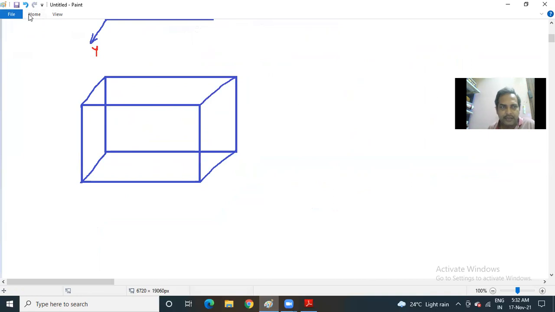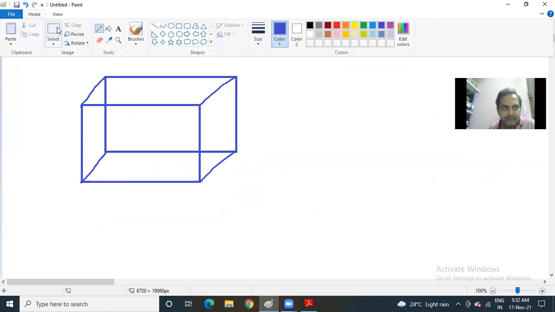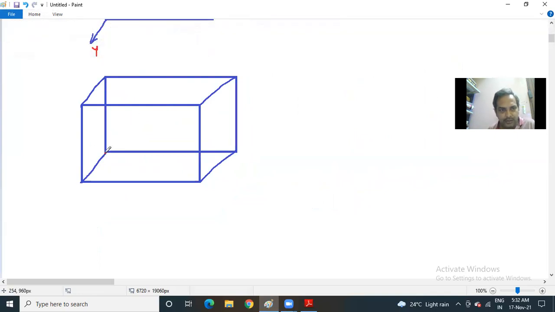So don't always think that the vectors A and B have to be taken parallel to the x-axis and y-axis. You can take them in the x-y plane. So first let me proceed with this example. You treat this as one vector, this as the other vector. This is the origin.